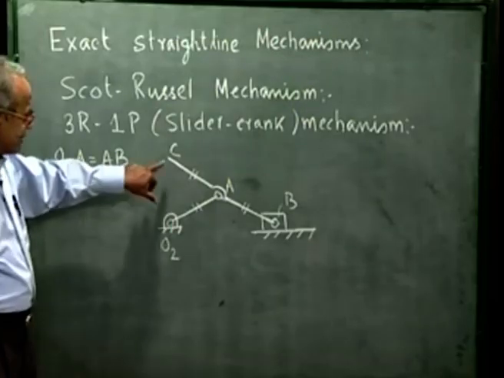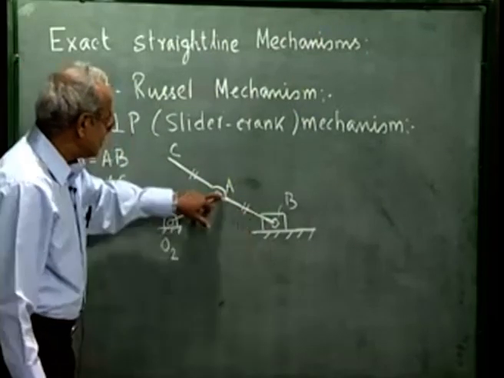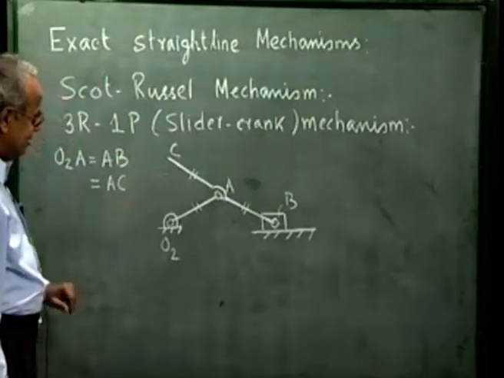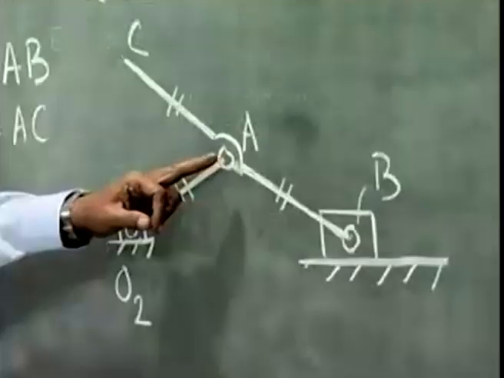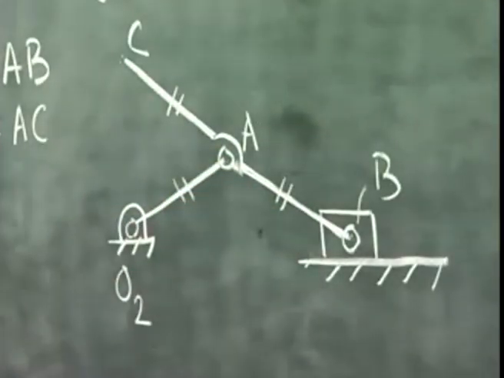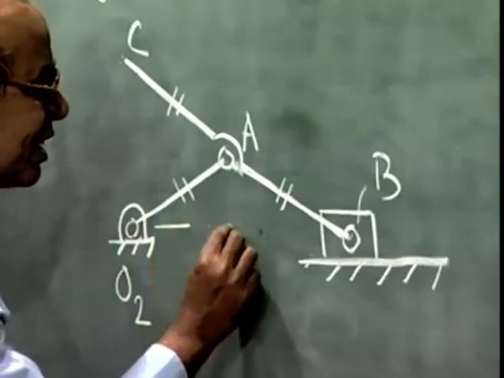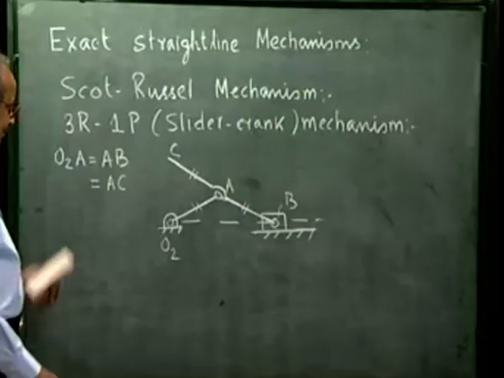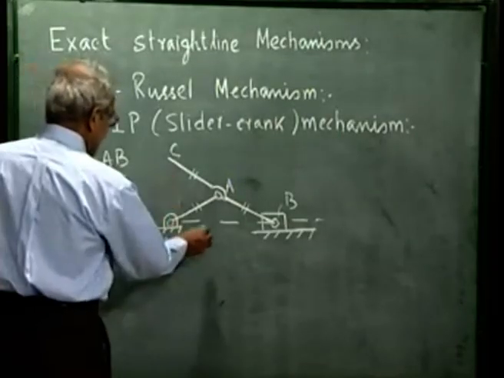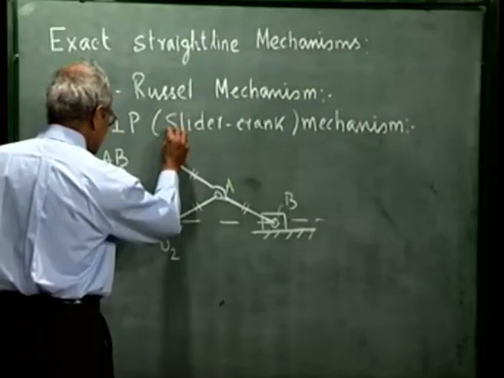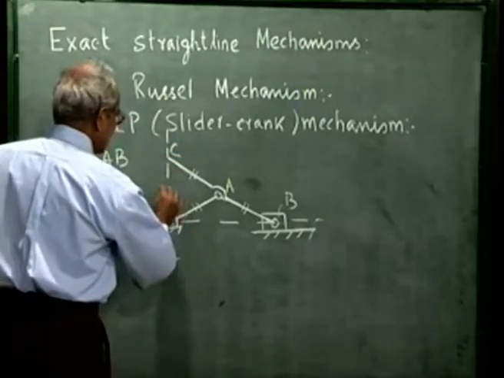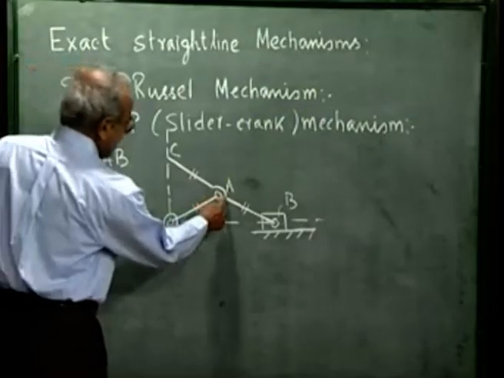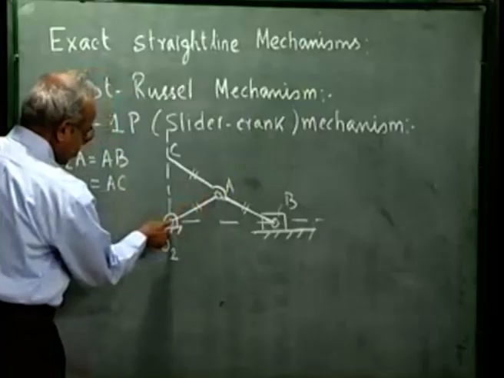That is, the point C is chosen on the extension of the connecting rod such that AB is equal to AC, and we have started with a slider crank where the crank length O2A is same as AB. The direction of this prismatic pair is horizontal in this figure. What we can easily show is that as this mechanism moves, this point C will generate a vertical straight line. It is obvious because AB is equal to AC is equal to AO2,